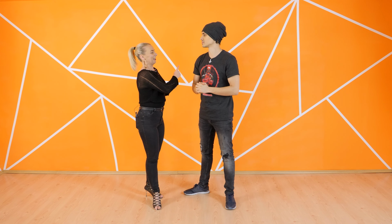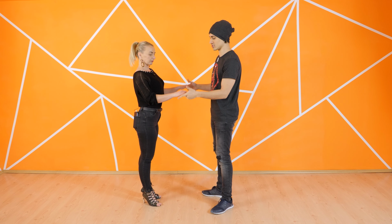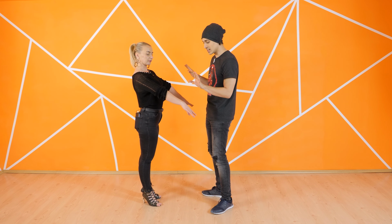Of course, for the ladies, this variation is a little bit difficult because you need to rotate your body while you're doing this. Nothing different here. The only different thing, doing head rolls in this position, I'm usually